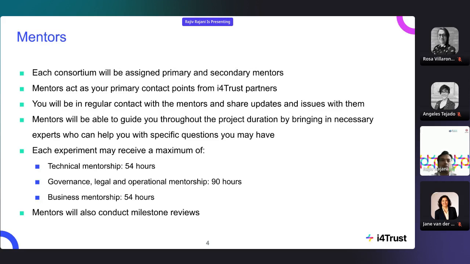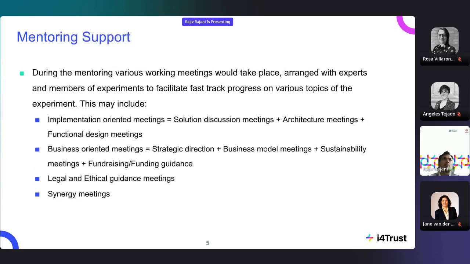And of course, this program has milestones defined, which we'll see in a bit. At the end of each milestone, mentors conduct your review. And there is another selection committee which then finalizes the review, and then the review process is complete for each milestone. We'll see more details in a bit. So mentors are there to provide you with all the support, apart from being in touch with you on a regular basis for understanding how you are progressing.